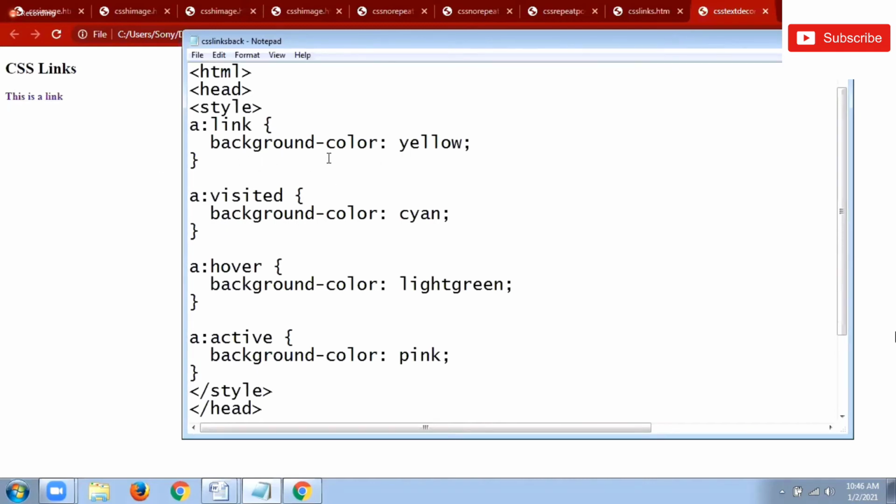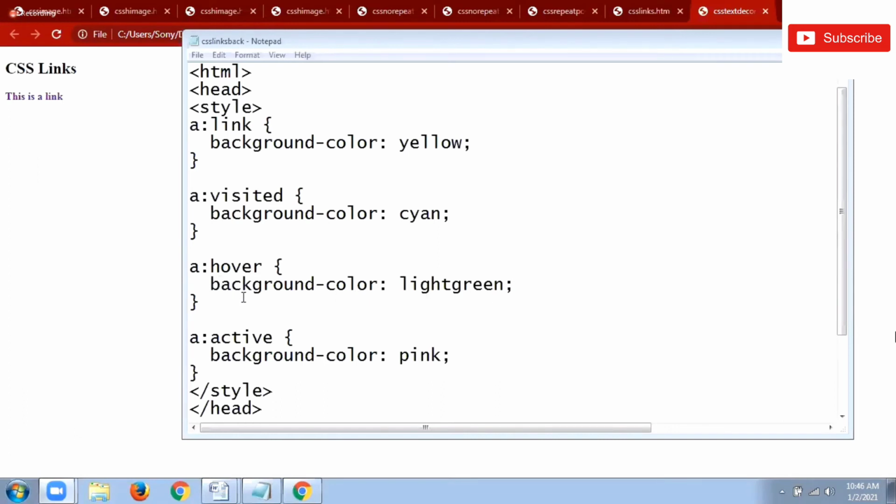So now the background color for the initial link is yellow. Whenever it is visited, I want to change that color. What is this color? Cyan. Then hover, that is light green.